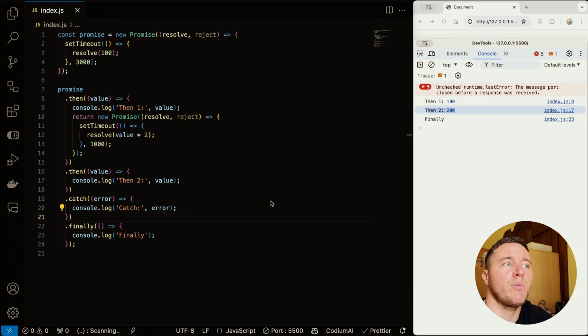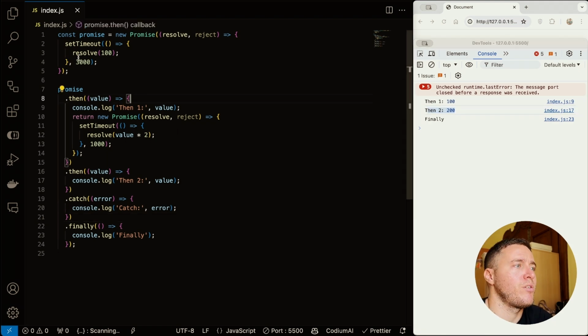And so talking about errors, there are actually 2 ways to throw an error. We either reject the value or we actually throw an error. So let's just try it out. So let's say that our second promise will actually reject, and it will reject